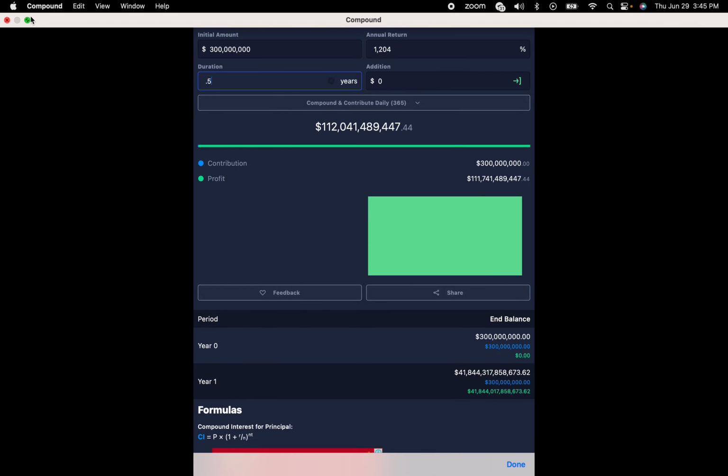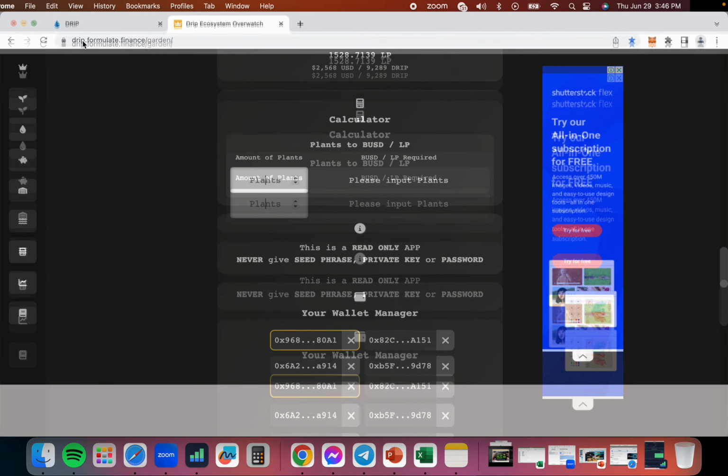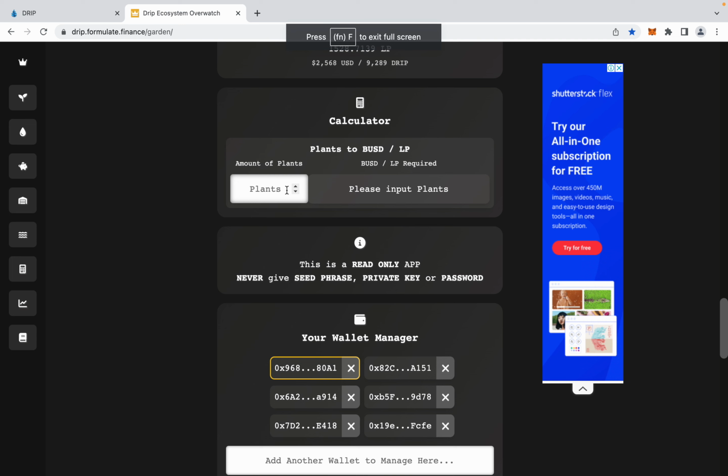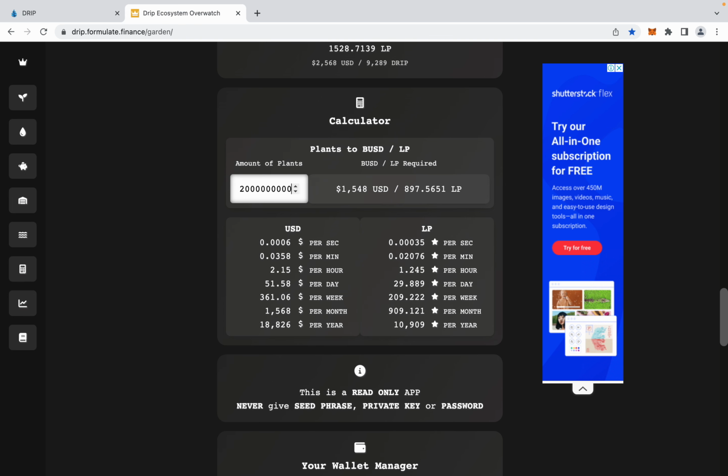So, that is the figure we will use in this calculator. So, let's put 112 billion here. 112, and for billion, that's nine zeros, right? Let's count: 1, 2, 3, 4, 5, 6, 7, 8, 9. So, there you go. You can see, assuming the same contract balance, same price of drip, and